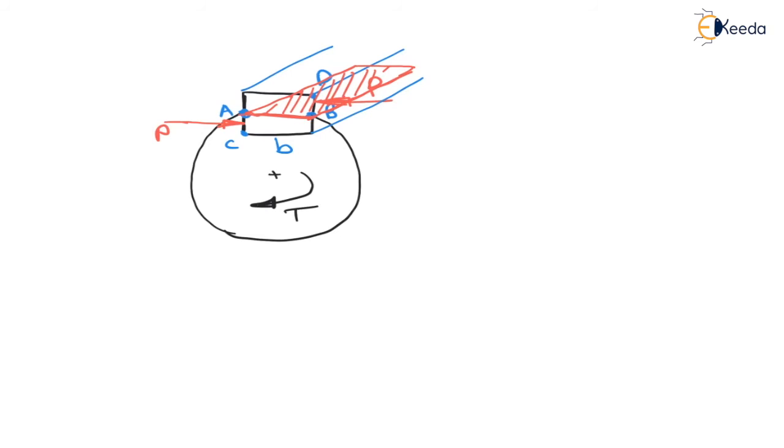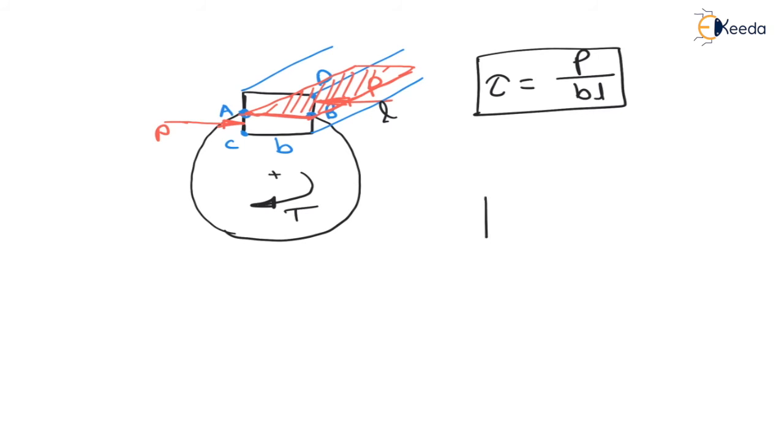Therefore, this force P is acting as a shear force. Now, shear stress will be equal to force divided by shear area, which is nothing but B into L. This will be the shear stress in the key: shear force divided by shear area B into L. Here the shear area will be B into L. This is very important, my dear students. Length is L, right?